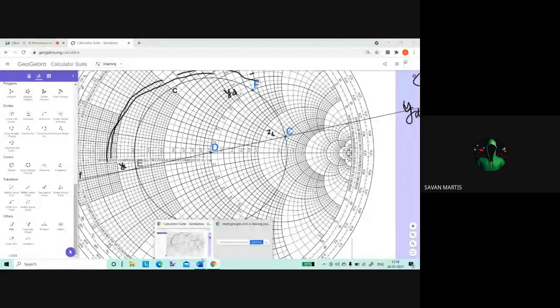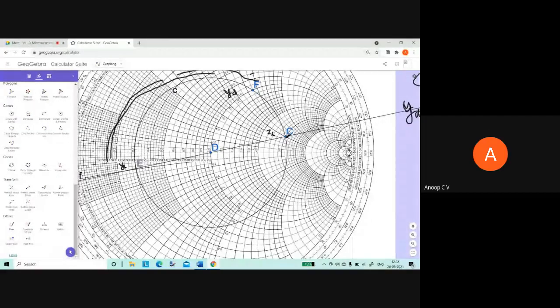Excuse me, sir. That point C is the intersection of the R equal to 2 circle, no? But there R is equal to 2. Yeah, but there is 3, no? There you have marked 3, I guess. Did I mark 3? Okay, I'm sorry. Yes, I marked 3. I'll just go back. I'll just do Control Z. Thank you for pointing out. Credit goes to Samarth, sir. He informed me. Okay, great. Initially I didn't zoom, that's why it happened. Wonderful, thank you.